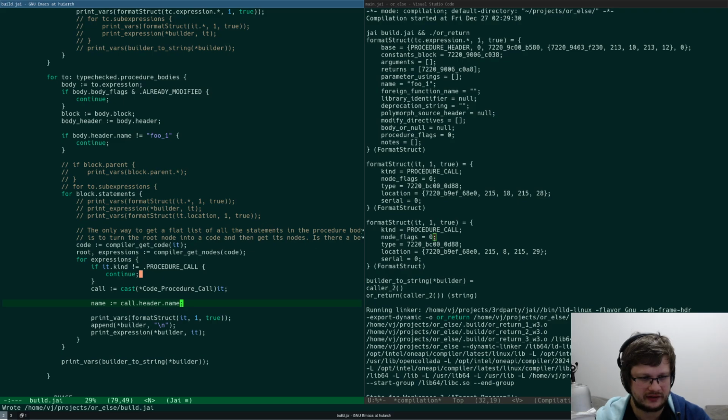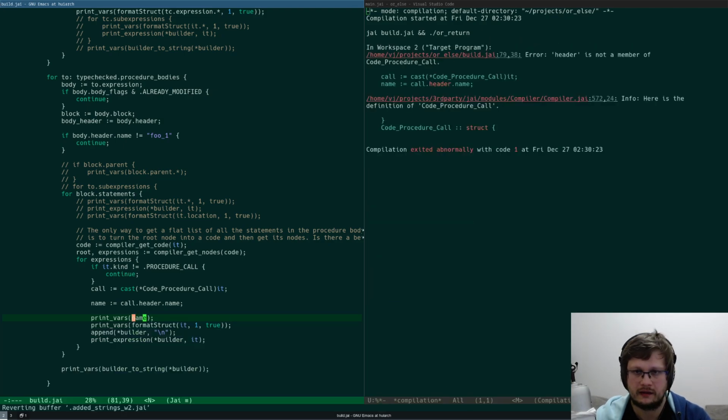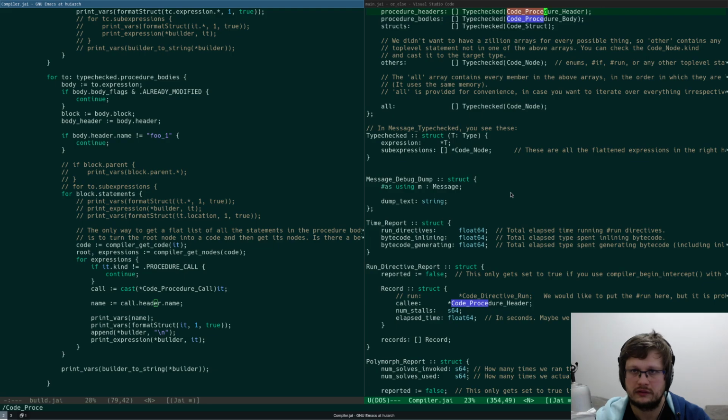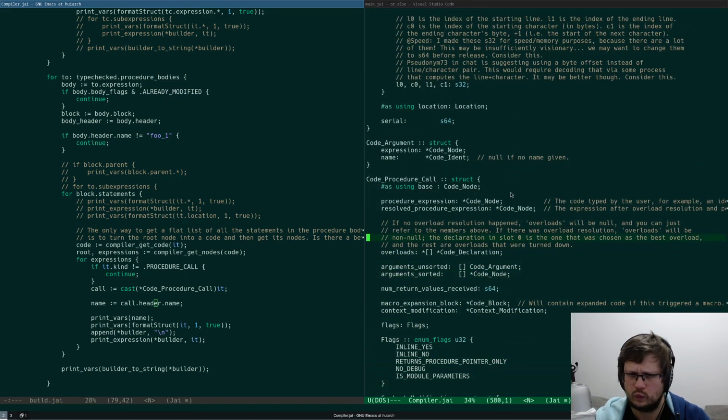And then we can print vars like name. It's not a struct. What? Header is not a member of code procedure call. Why not? Oh, it's resolved expression. We actually don't need resolved expression.